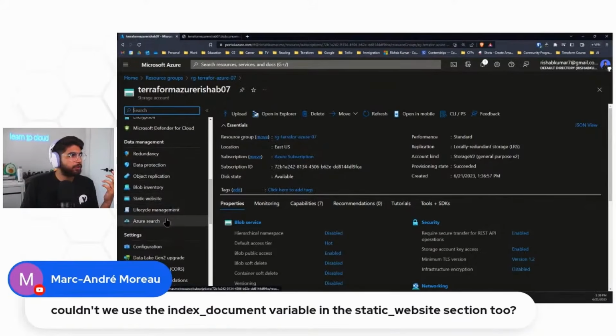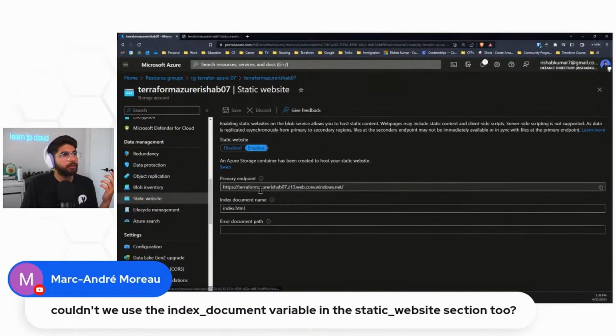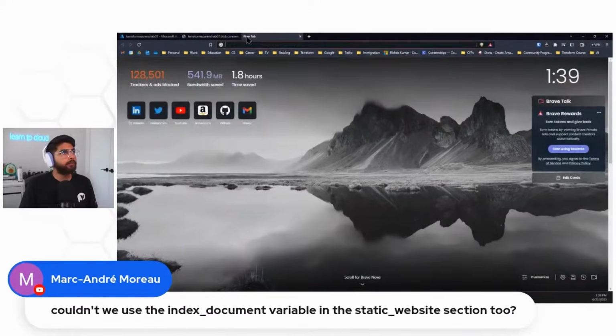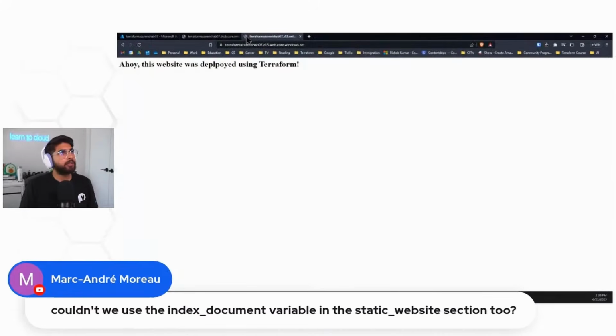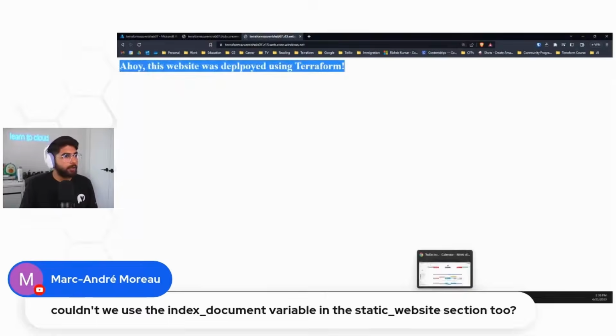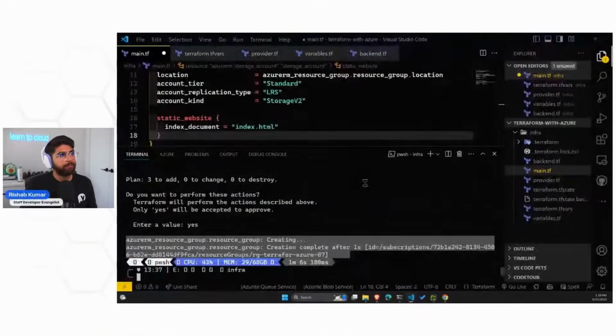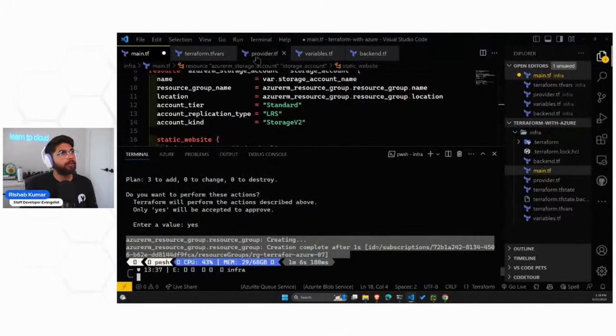And there should be a static website on the left-hand side, and it should be enabled because we specified that in our main.tf. Now we access that, and you can see our website has been deployed. It says, ahoy, this website was deployed using Terraform, which is what we had in our